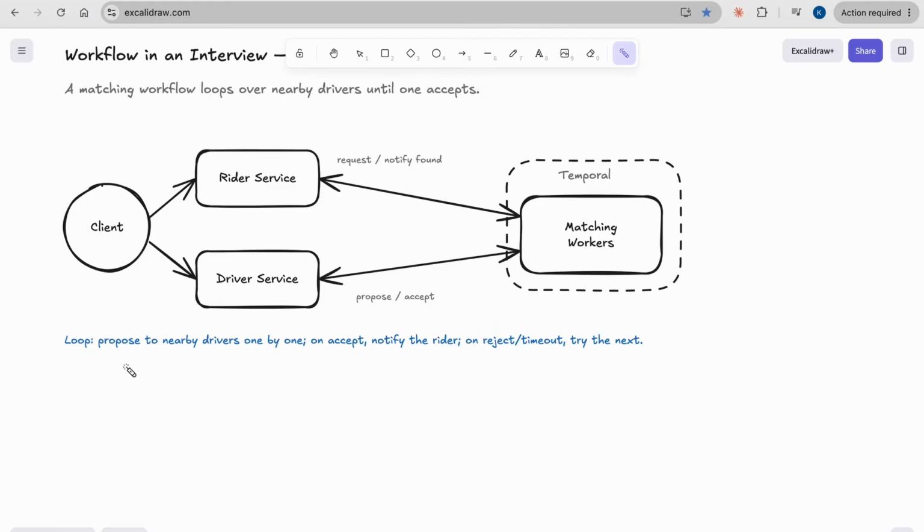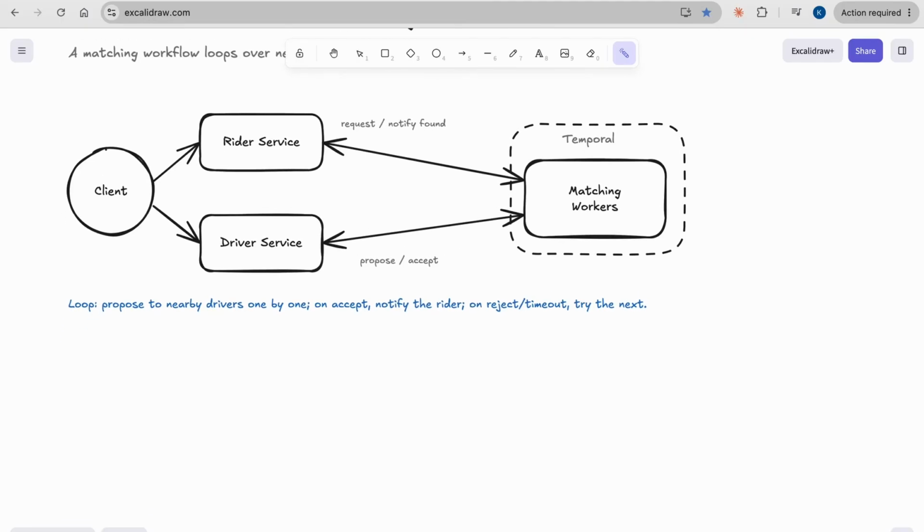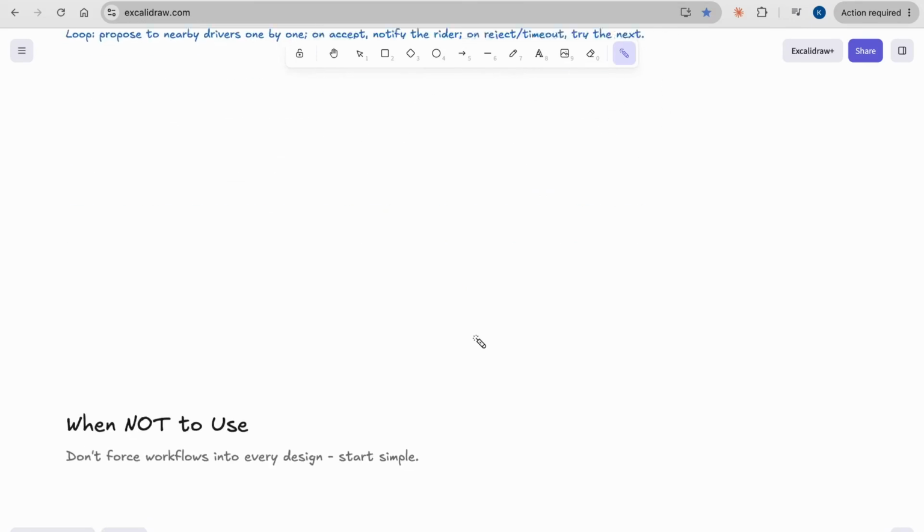Basically we propose to nearby drivers one by one, and on accept we notify the rider; on reject or timeout, we try the next. You see, we can use standard code looping over the drivers list normally in our code as a workflow, and this is great flexibility for developers. That's what it provides, and that's just an example.